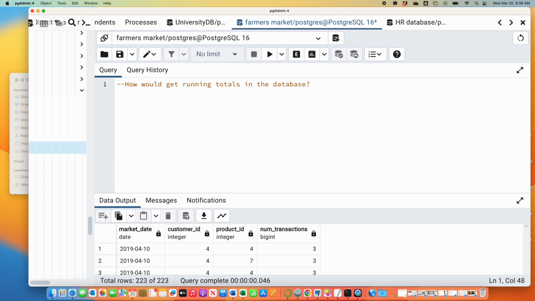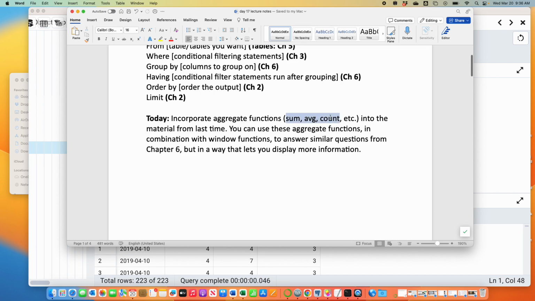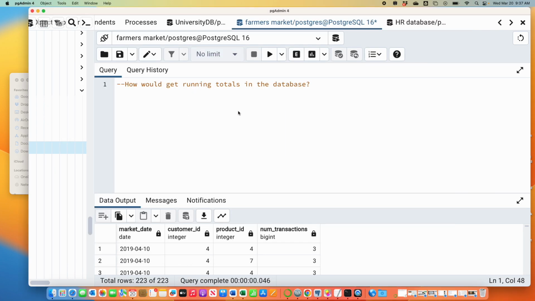Yeah, go ahead. Would you do the same thing you had, and then maybe create a new data set or a new table, and do a sum? Okay, good. So Bryson is pointing out that at the beginning of today, I said we're going to do these things. So we've done the average, count. I haven't done sum yet. But yeah, if you want to add things up as you go, surely you're going to use a sum. So let me just show you that, and then we'll quit up here for today.